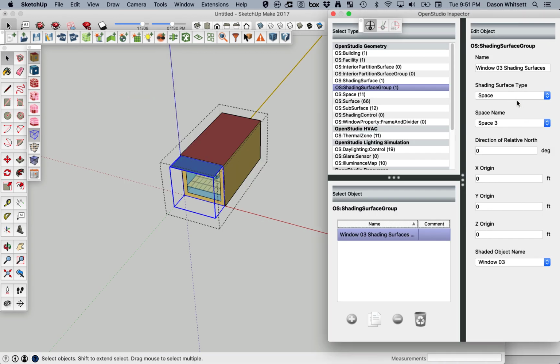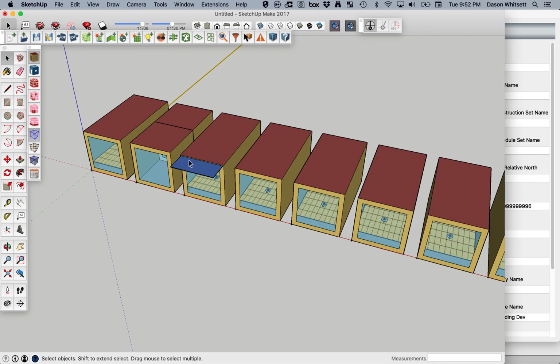Now note that this is a space shade. By default, if you put this inside the space, then it comes in as a space shade. And the key thing to know about that is that EnergyPlus, when it runs the simulation, will only test to see if this shading device is shading this one space that it's attached to. Whereas if I put it in outside the space using the shading group tool,